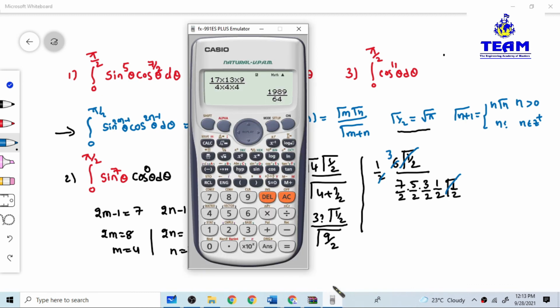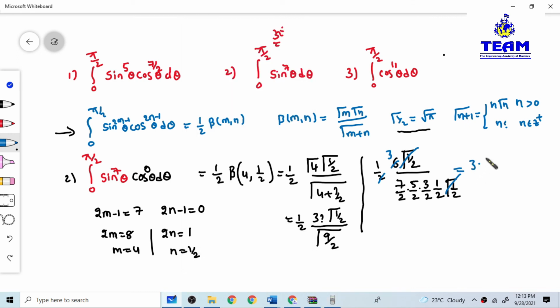Now use the calculator and simplify this. Friends, here you see you have in the denominator 7 into 5 into 3, and 2 into 2 into 2 into 2. So if you simplify, then you will have 105 divided by 16. Now you simplify this, then this is 3, and 16 by 105 I can write. Yes or no? So this is 48 by 105. If you simplify, then by 3 tabular you can get 16 by 35. Okay friends, this is the second problem solution. What you have? 16 by 35.